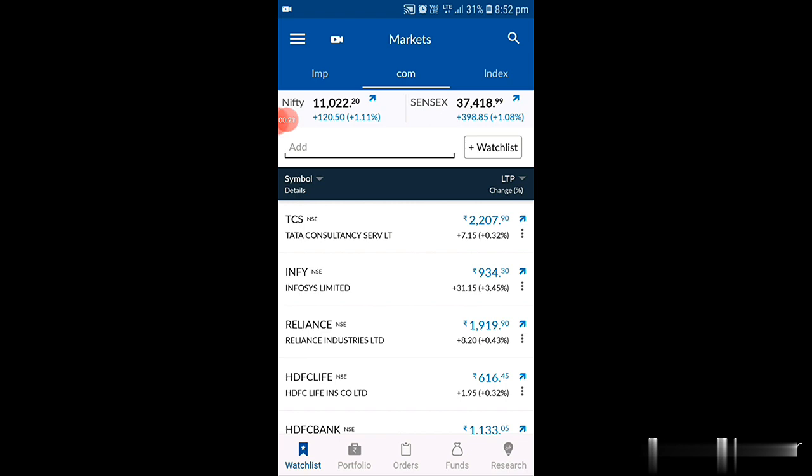Instead of going for an advisory, like most people go behind advisories and buy and sell whatever the advisories give you, instead of that you can work it out yourself. Based on that you can buy and sell the stock and make a profit. So start learning by yourself rather than depending on any advisories.